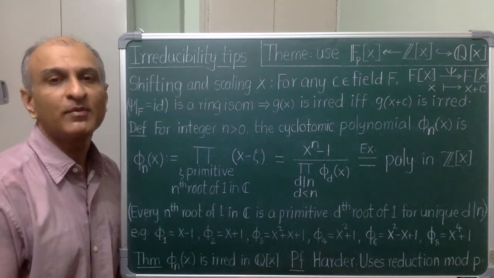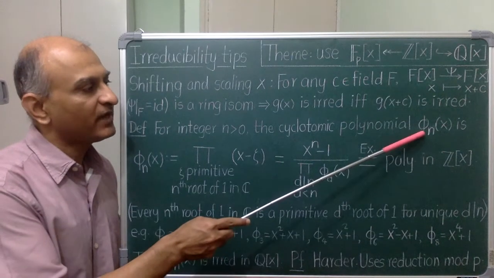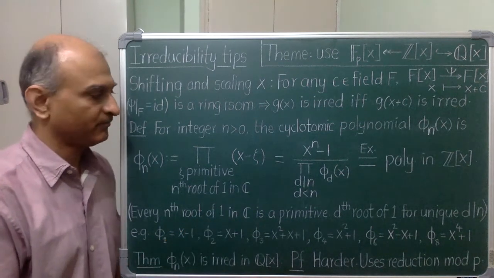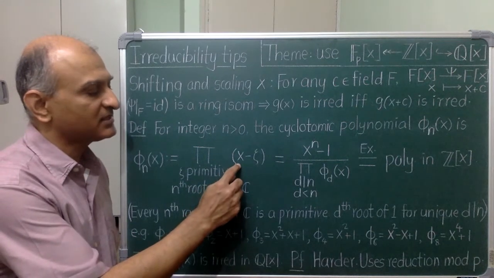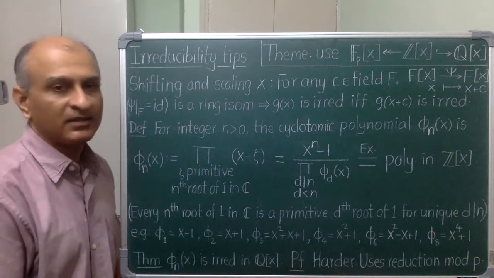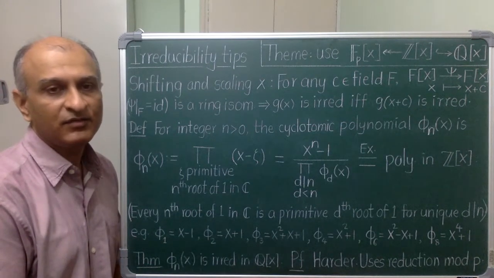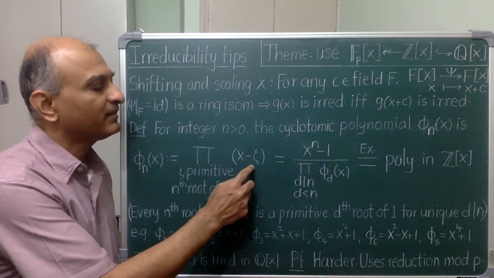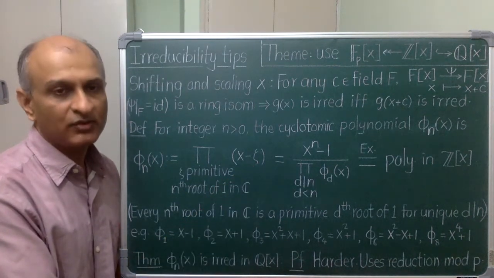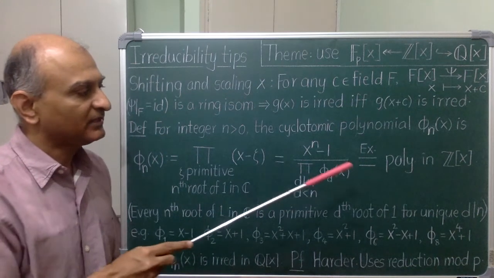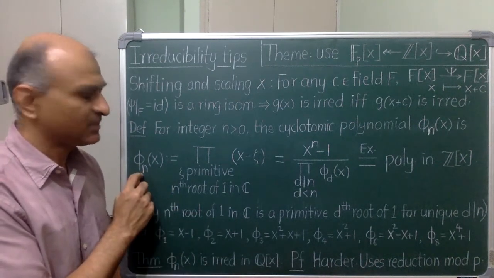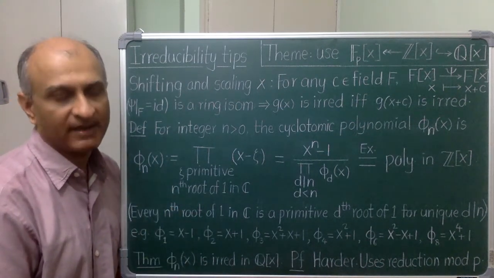Actually, there is a cyclotomic polynomial phi sub n for every positive integer n, and I just imitate the earlier definition. I take the product of x minus every primitive nth root of unity in complex numbers. Now, all nth roots of unity form a cyclic group. Here I am taking the product only over the generators of this group. If I take the product over all nth roots of unity, then I get x to the n minus 1. So, if I want to get back phi sub n, then I have to divide out by some factors.